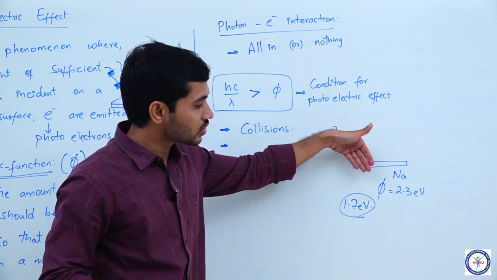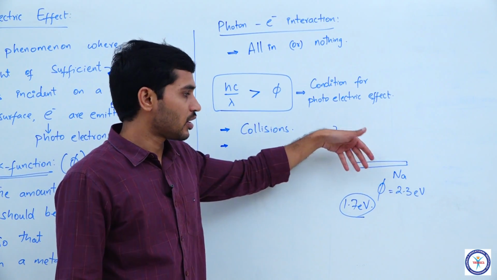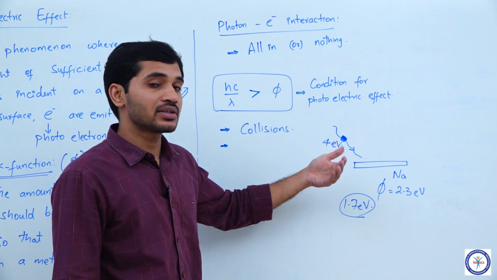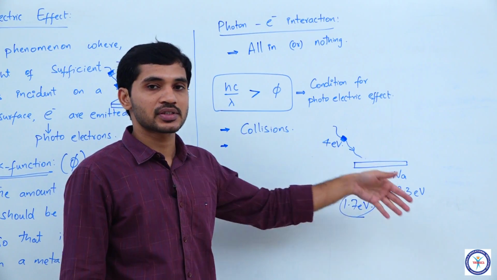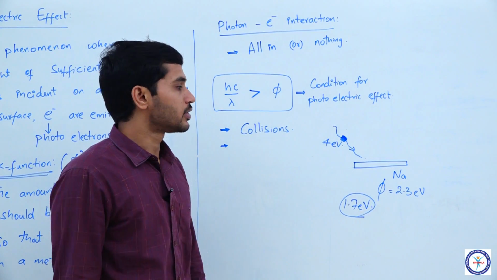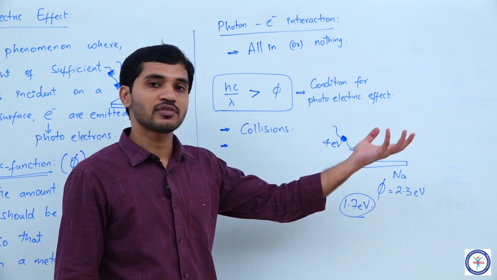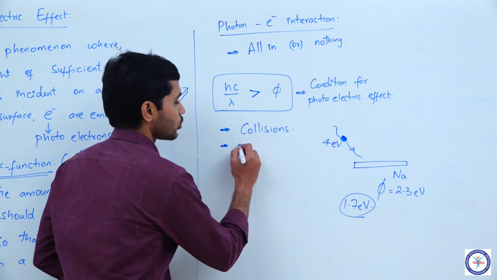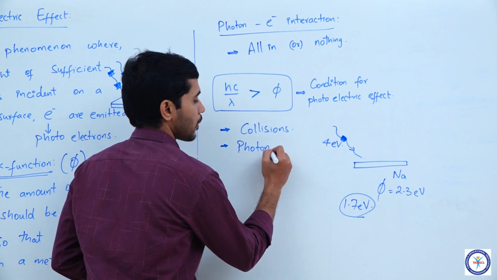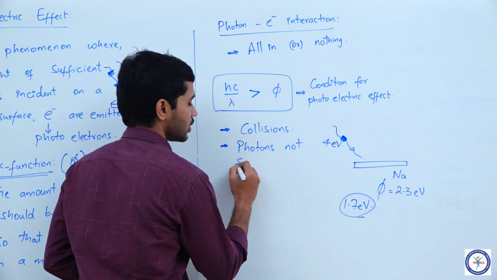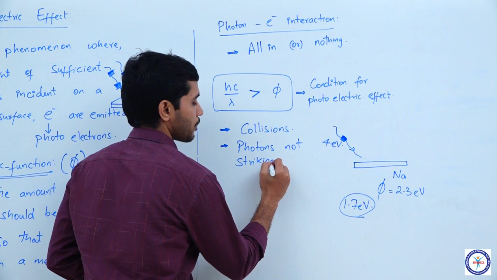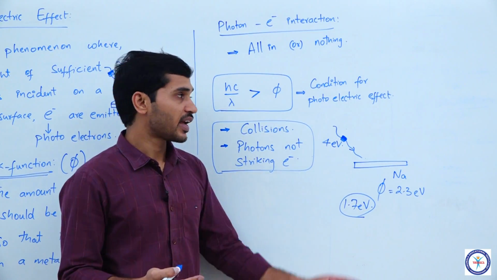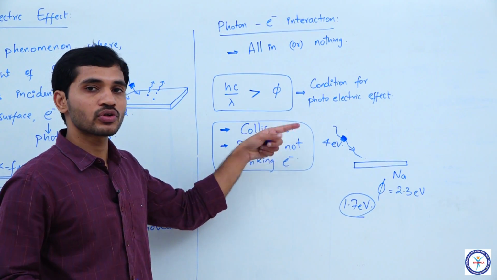So, these photons which go and strike the metal surface might not go to the position where electrons are present. What I am saying is that these photons might miss striking the electrons altogether. Even in that case you will not observe electrons coming out of the metal surface. So, photons not striking electrons. These are two reasons why even if hc by lambda is greater than phi, photoelectric effect may not